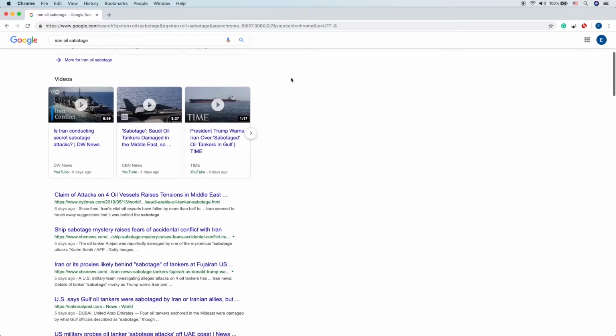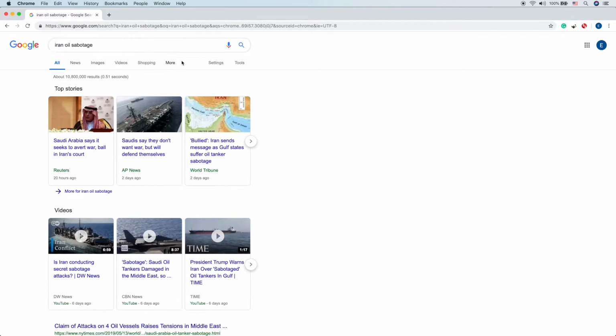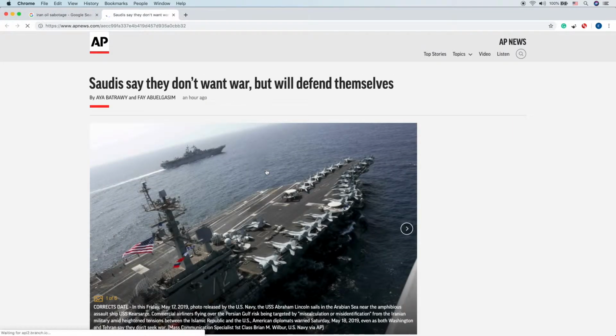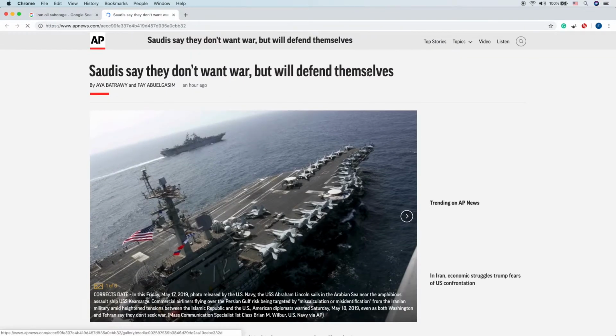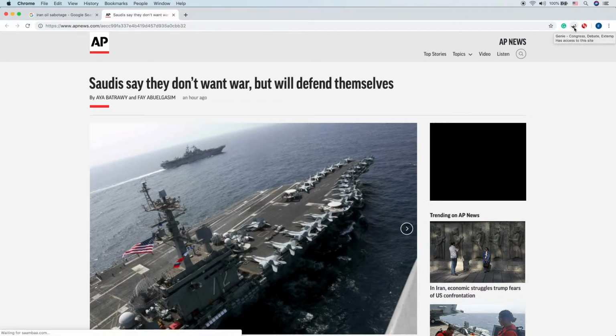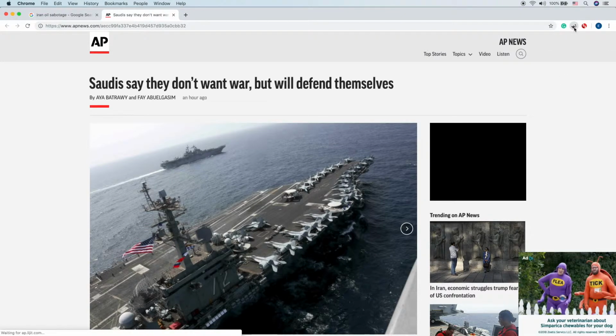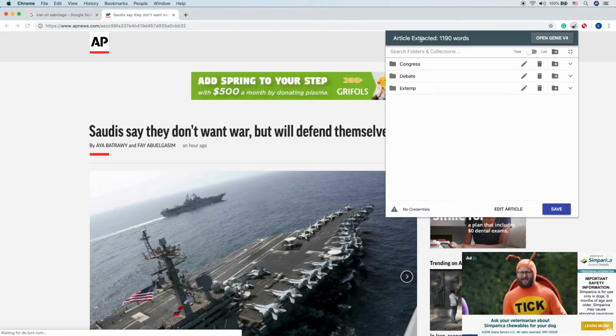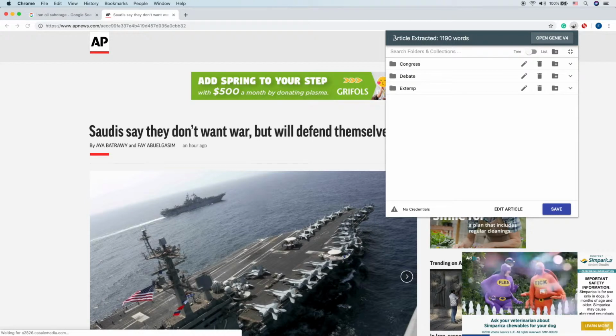So I just did a quick Google search here for Iran oil sabotage, and let's pull in one or two of these articles. Great. Let's say that we think this is a fantastic article and we want to save it permanently. All we have to do is come up here, click this button, click the Genie lamp icon, tells us it's extracting the article, and there we go. Article extracted,